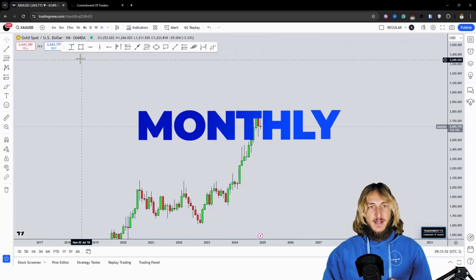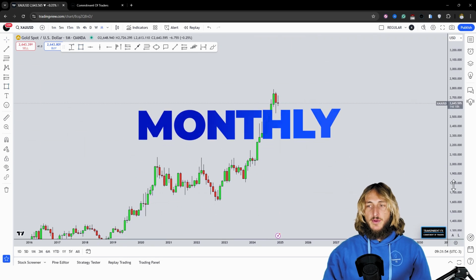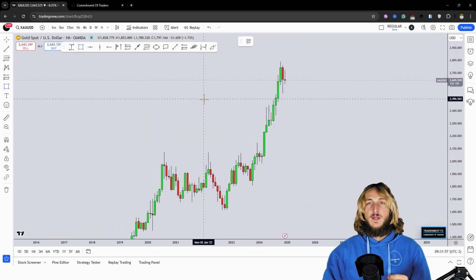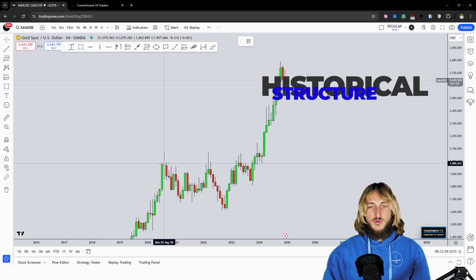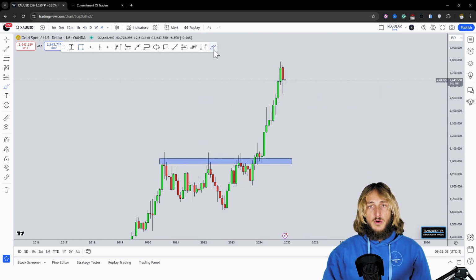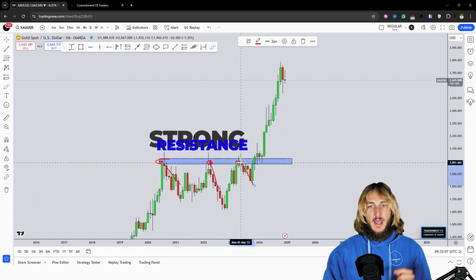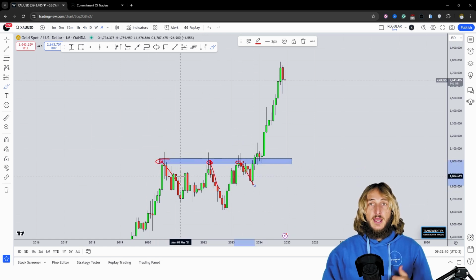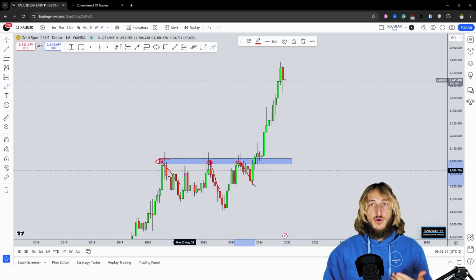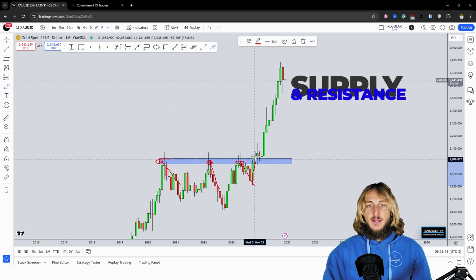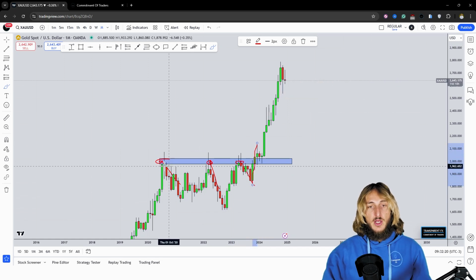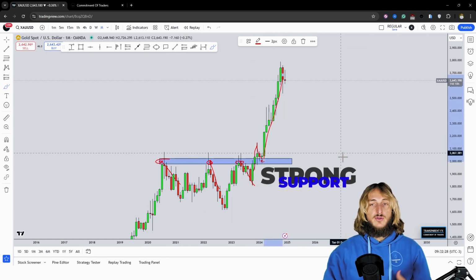Now, starting here from the monthly time frame, what we can see is that at the moment we have a market which is rejecting to the upside a quite strong historical monthly support and demand area. In fact, what we can see is that from here, all these previous rejections to the downside were created. So every time that the market reached this level, it got rejected to the downside quite aggressively, therefore respected as strong supply and resistance. Now, the market has just broken above that zone, so all this previous resistance is now turned support here. And the market has already retested the previous resistance turned support and is currently rejecting it to the upside,